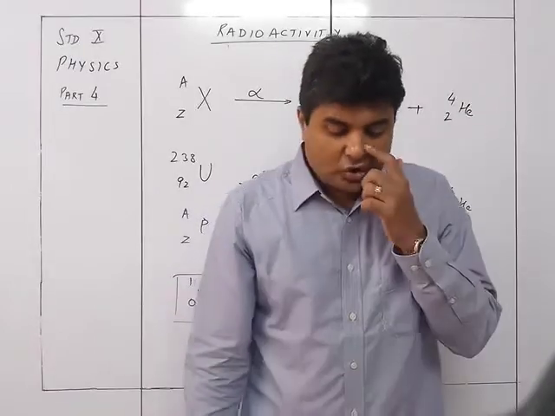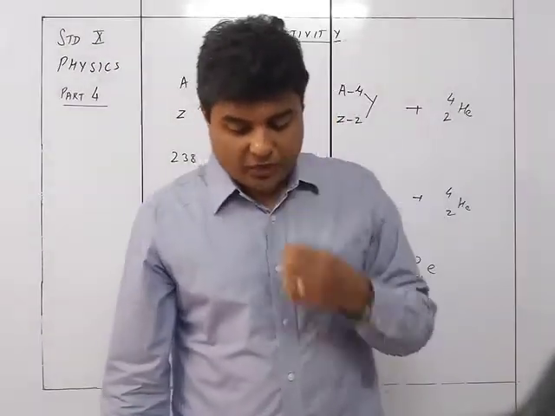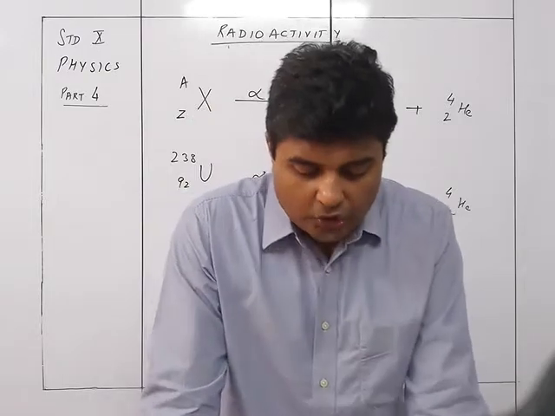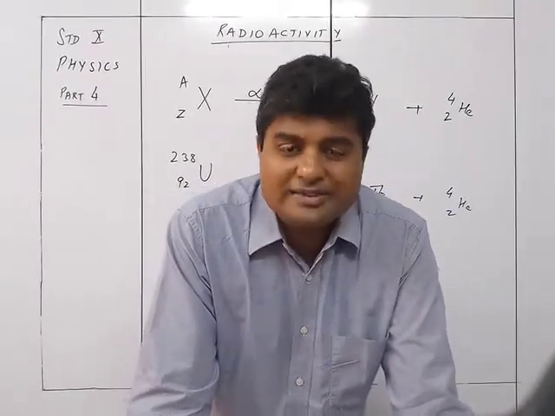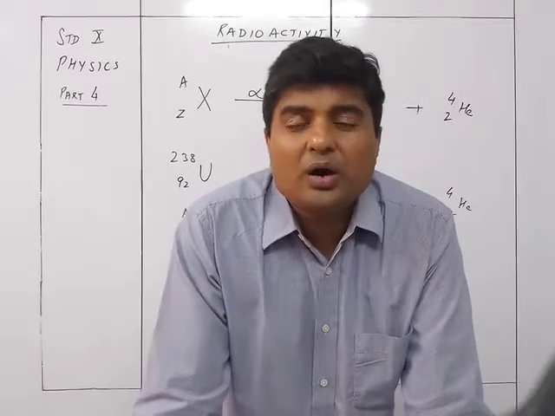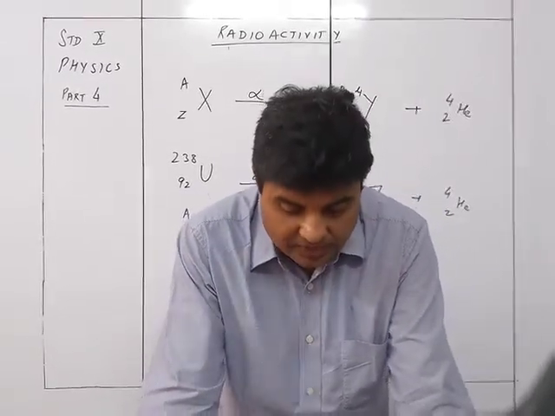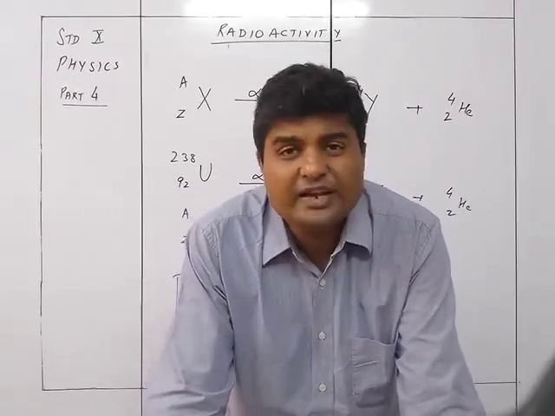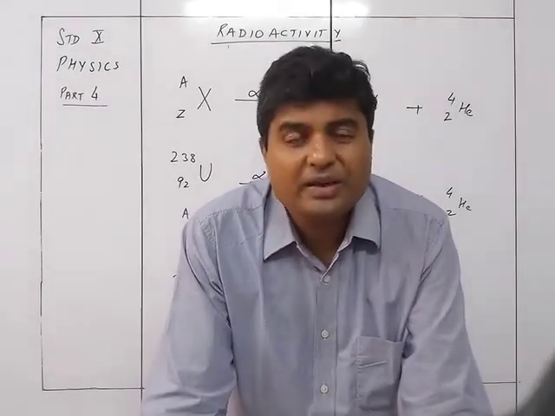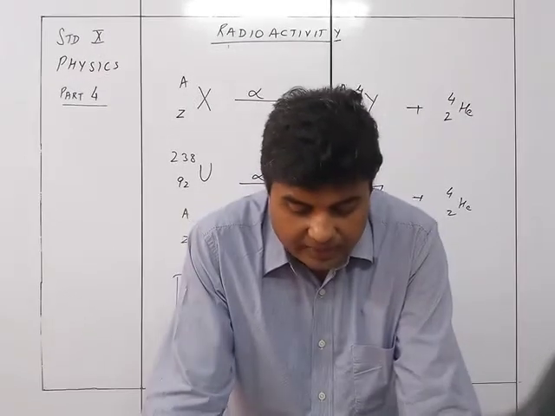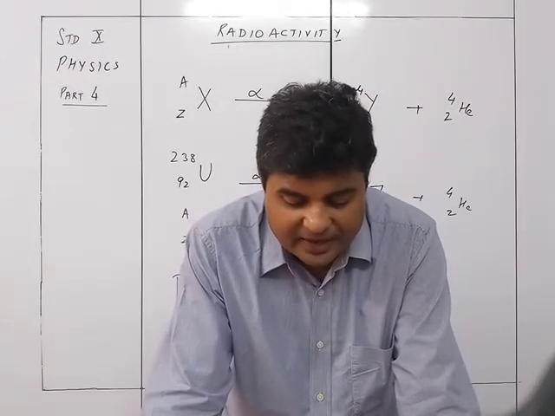The gamma ray takes no mass and no electric charge from the nucleus, that is, no neutrons or protons are lost. Hence, the nucleus does not decay into a different nucleus. That is, there is no change in the mass number A and atomic number Z of the nucleus in gamma emission. The gamma emission is represented as follows: